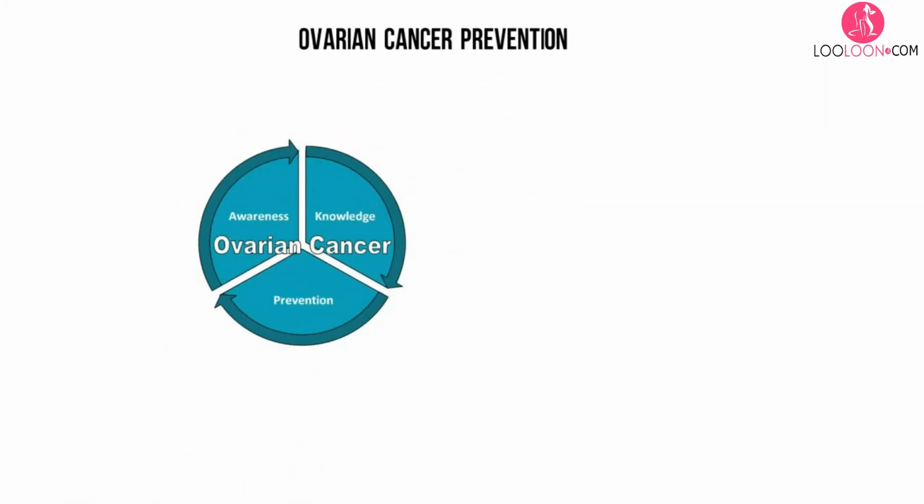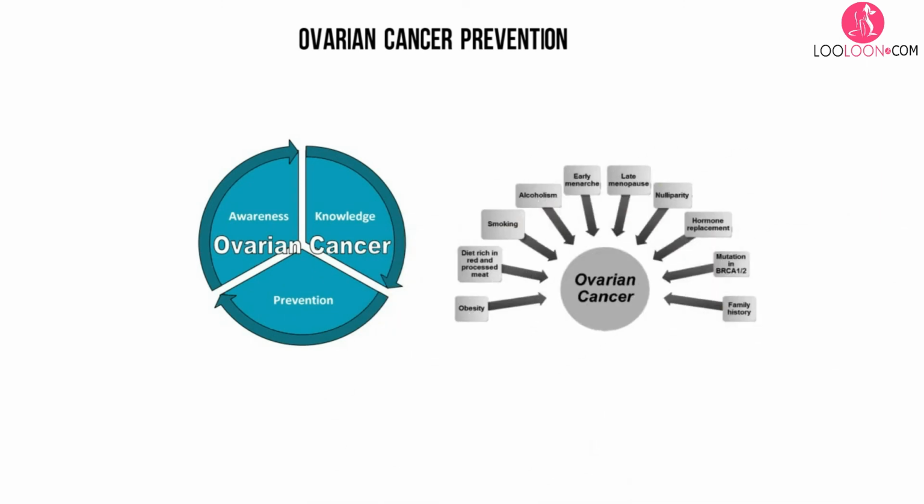People with strong genetic risk for ovarian cancer may consider the surgical removal of their ovaries as a preventative measure. This is done after the completion of childbearing years. This reduces the chances of developing both breast cancer by around 50% and ovarian cancer by about 96% in people at high risk.